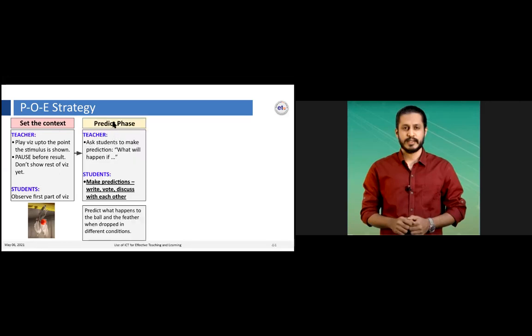Then there is a predict phase. In the predict phase, as a teacher, what we can do is ask students to make predictions, like what will happen if this, what is going to happen? Can you predict? Can you think? Can you come up with something? So students will do predictions,